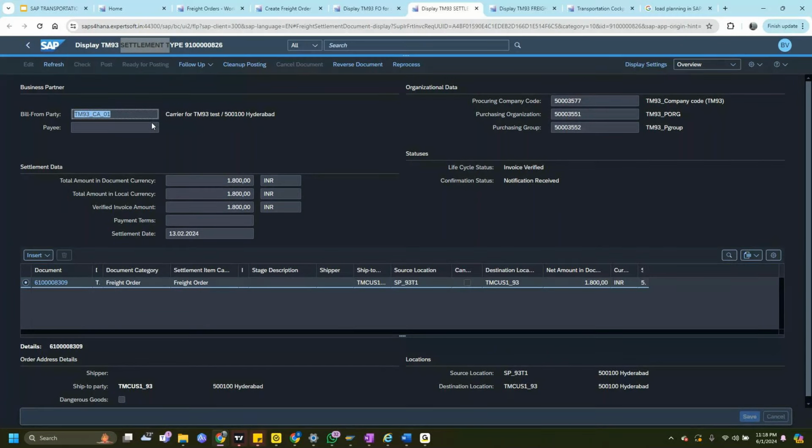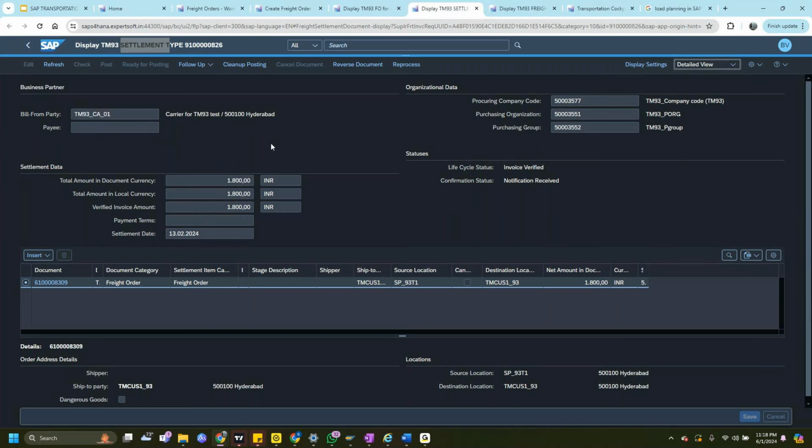So in purchase scenarios, when we take some services from a vendor, what shall we do? We have to create an invoice and pay for that invoice, right? In the system, in MIRO, we create an invoice document and do the payment transaction for that. This is the same process as this. Our end target should be that we have to create an invoice document and pay it to the particular carrier. So this is where again integration between TM and S4 takes place. There are a hell of a lot of configurations in and around this.